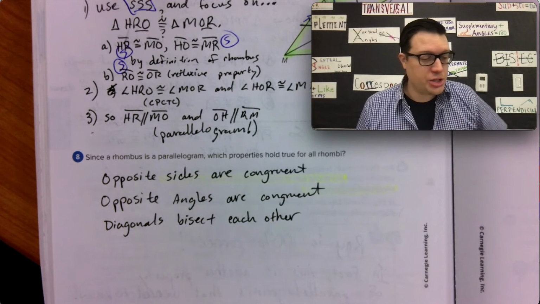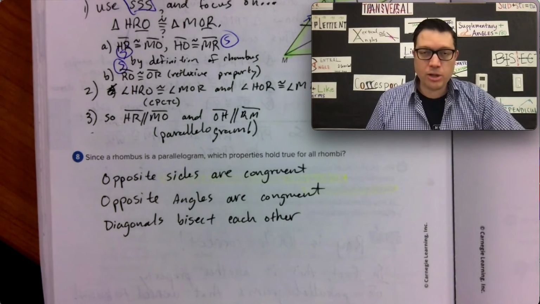We have our own conditions we're going to prove for rhombi, like the diagonals are perpendicular, but we'll save that for the next